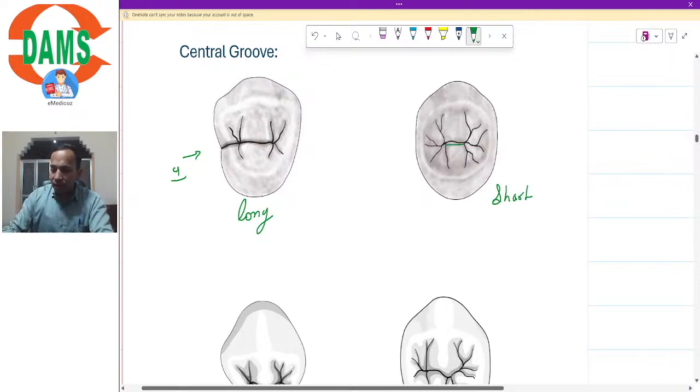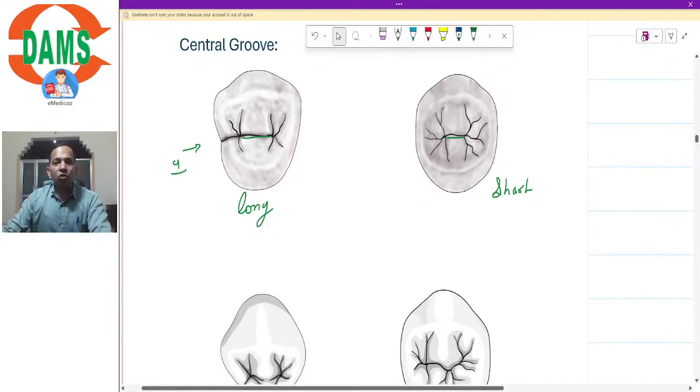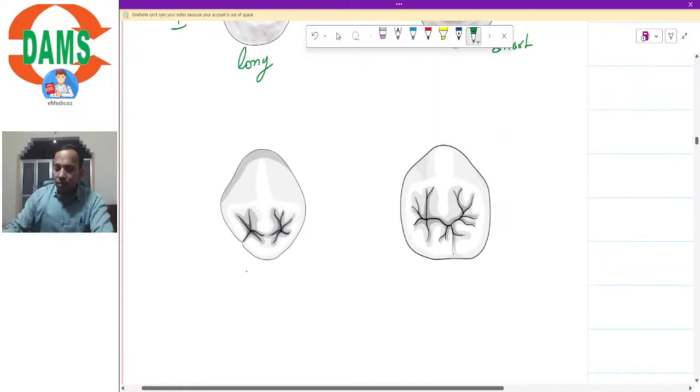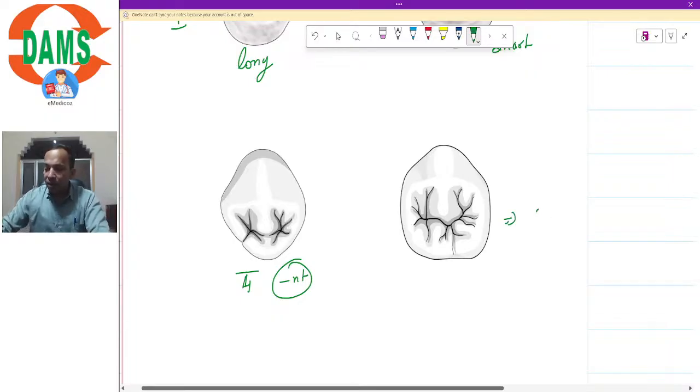It is straight. In both of these, it is straight, right? And it is described as either short or long. In case of mandibular first premolar, it is absent. So the central groove is absent in mandibular first premolar, and in maxillary first premolar, it might have three shapes,